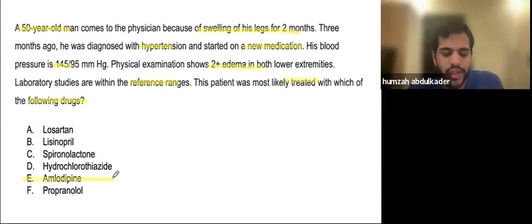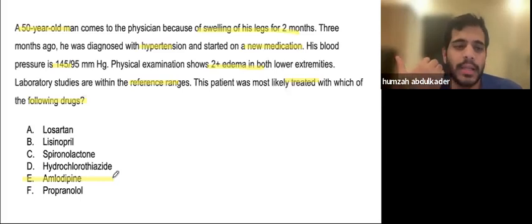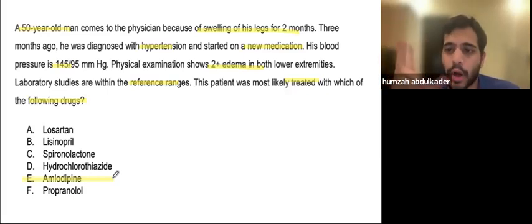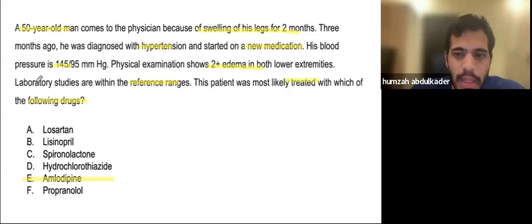So in general, you guys probably know this because you finished second year, right? But when it comes to pharma questions, there's only so many things they can ask, right? They can ask the mechanism of action, they can ask what it treats, or they can ask for adverse effects or contraindications. So in this case, the dihydropyridine calcium channel blockers, one of their main side effects is that they cause lower limb edema. So that's an important side effect to note, because oftentimes the doctor will prescribe this drug, they'll have the edema, they'll come complaining of the edema, and then the doctor will prescribe them a non-dihydropyridine CCB,